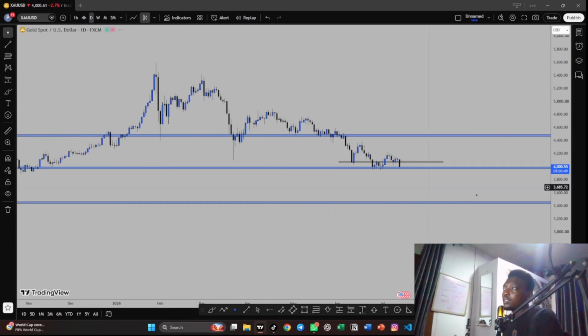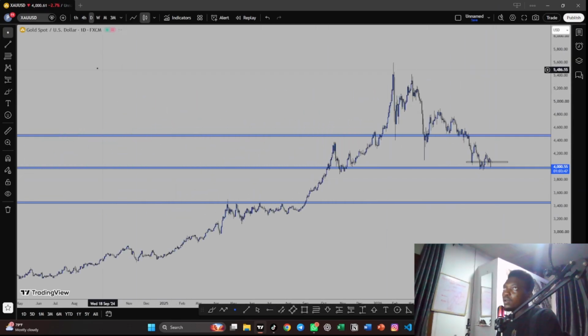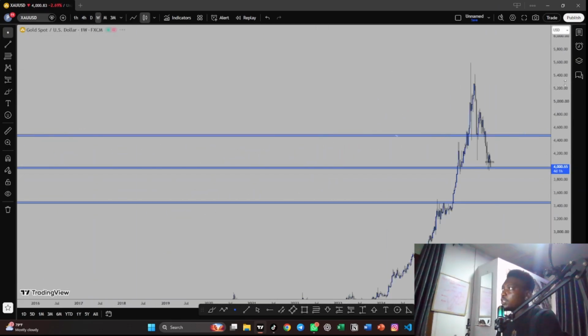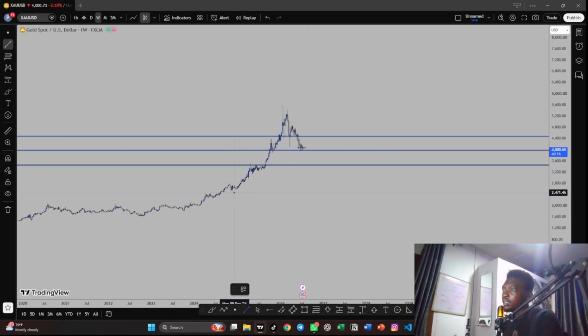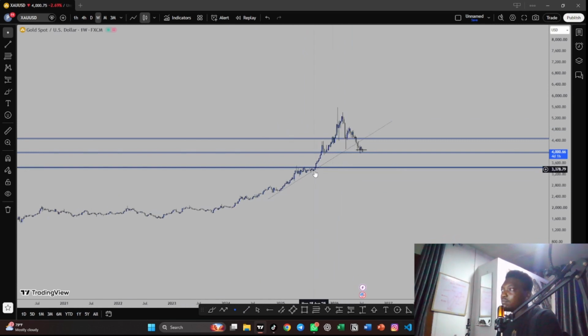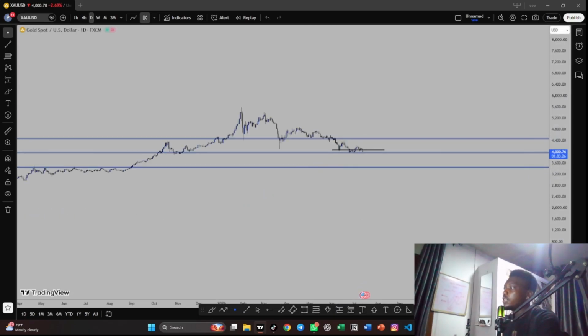If we look at the day charts, there is something I want to show on the weekly charts. I think previously there was a trend line like this. Yeah, you can see we already broke through that trend line. Price broke through that trend line, might be this level next. We might be approaching this level. So on the day chart,